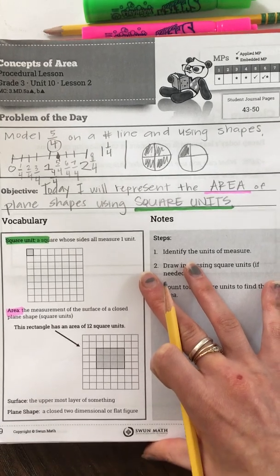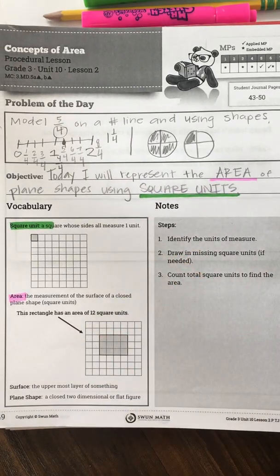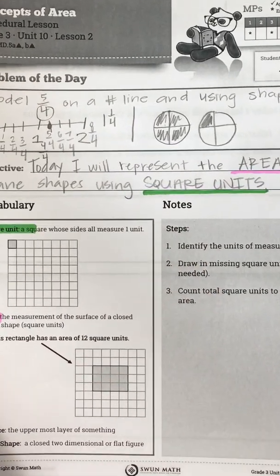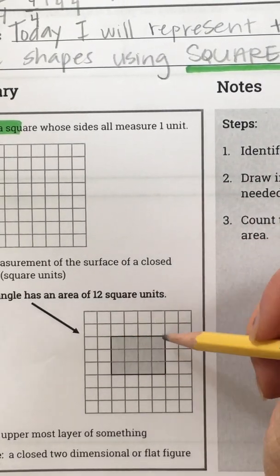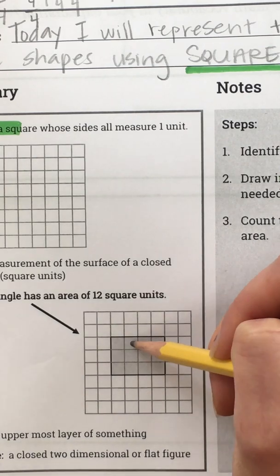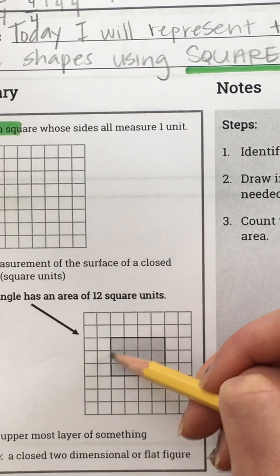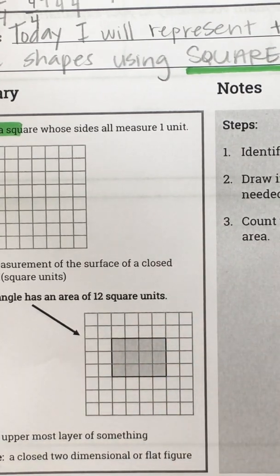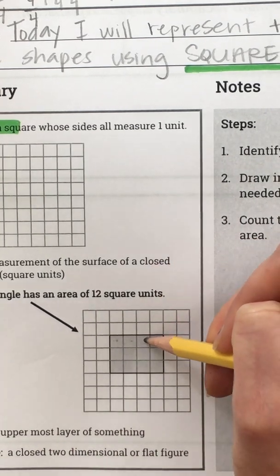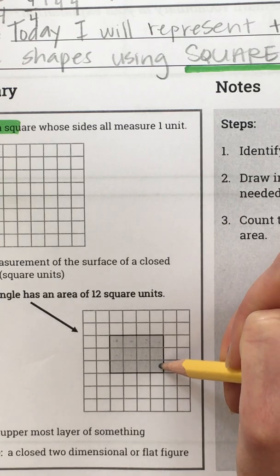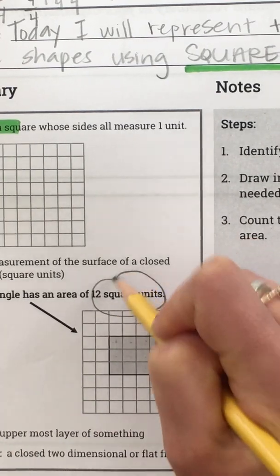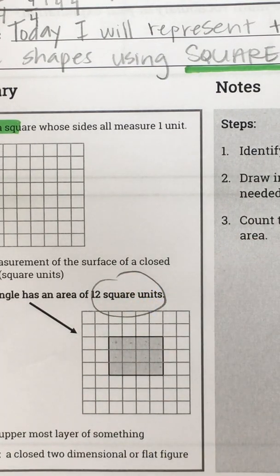And if you look at the example down here, it says that this rectangle has an area of 12 units. Well, if I zoom in, it shows me that it wants me to find the area of this rectangle here. So I'm going to count up each square unit because my area is the entire surface of that plane shape. 1, 2, 3, 4, 5, 6, 7, 8, 9, 10, 11, 12. So I have 12 square units,